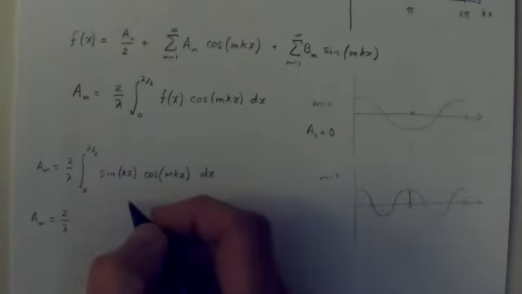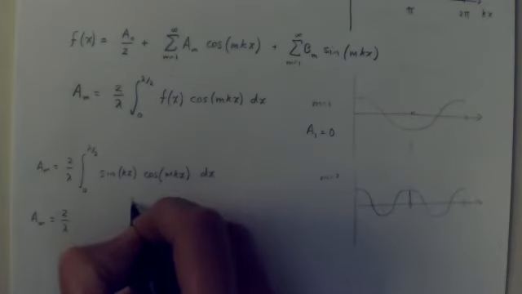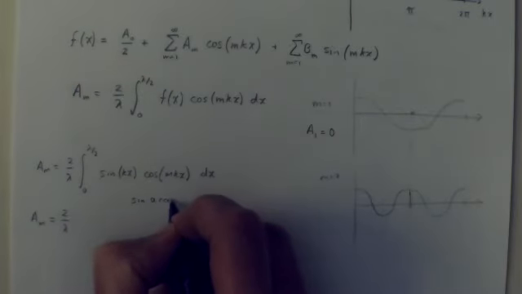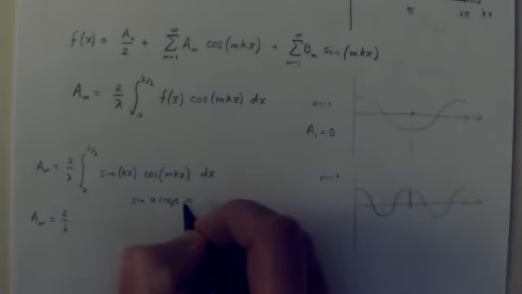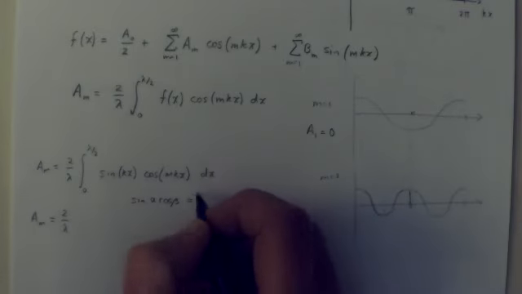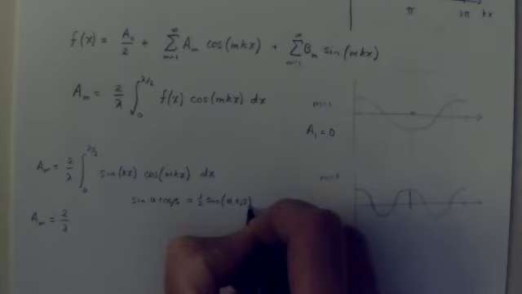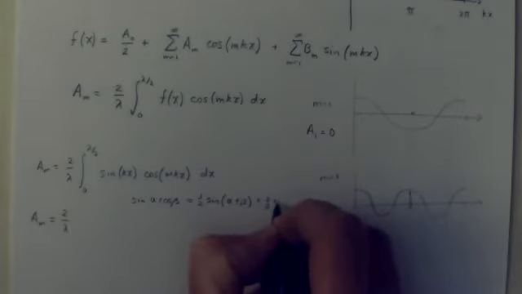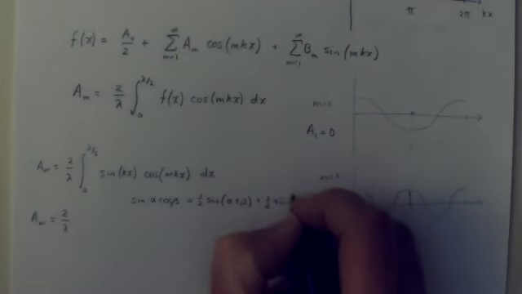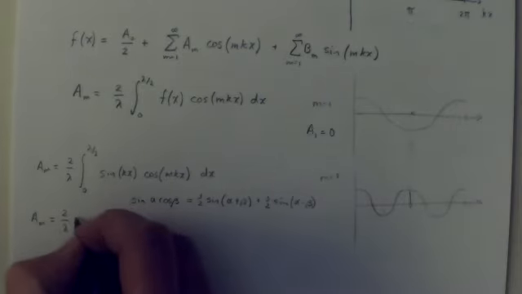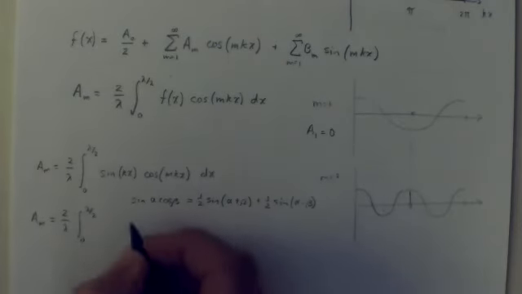formulas. So the formula I've got here is that sine alpha cosine beta is 1/2 sine of the sum alpha plus beta plus 1/2 sine of the difference alpha minus beta. So this is going to be the integral up to lambda over 2, and now it becomes